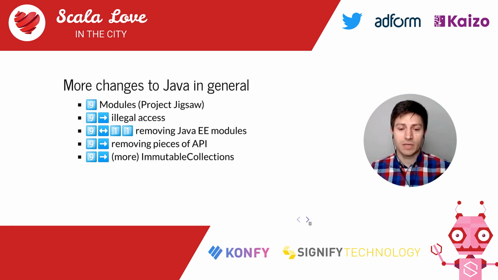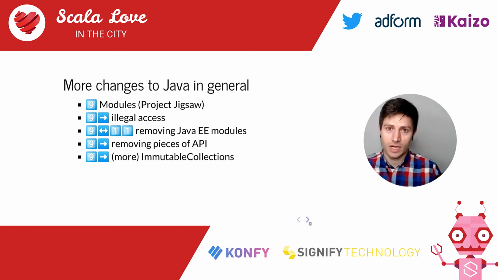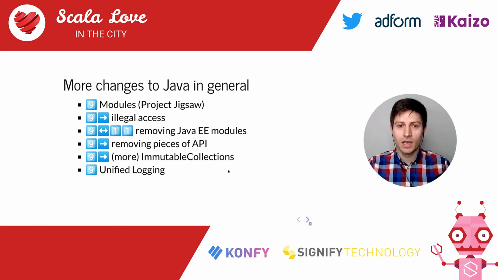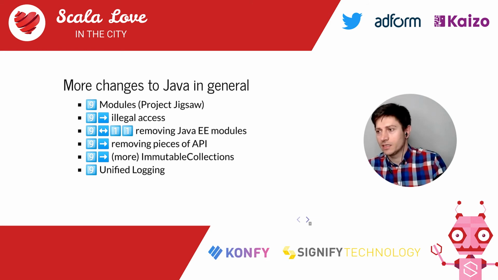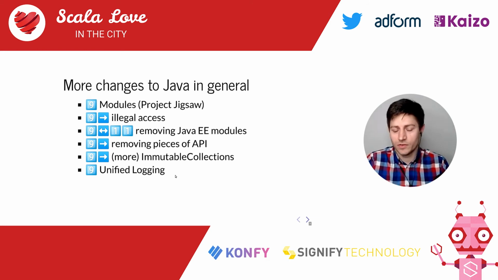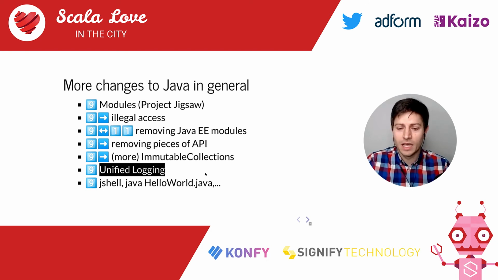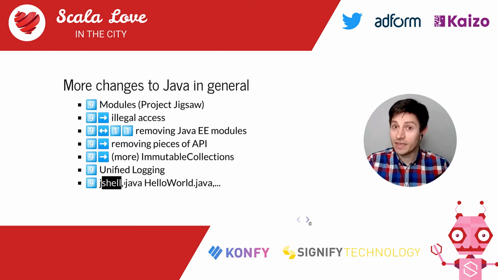Nevertheless, now we have, for example, List.of or Set.of methods which allow us to easily create immutable collections. We also have unified logging, so just one -Xlog, and then we can log whatever we want. I mean, there's no special logging syntax anymore for the garbage collector or for JIT compilation or whatever. Everything is logged, and the definition of logging is done using a single, unified format. And also we have JShell. Finally, Java has a REPL. We can also now run programs without compiling them, provided they're in a single source file, roughly speaking, and so on and so on.